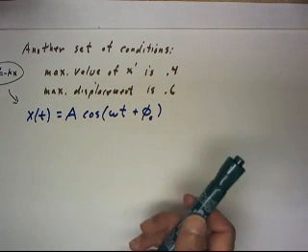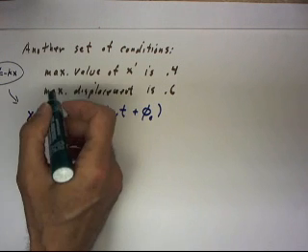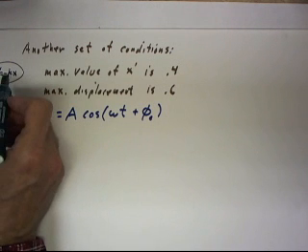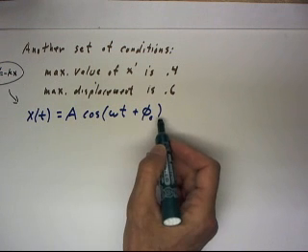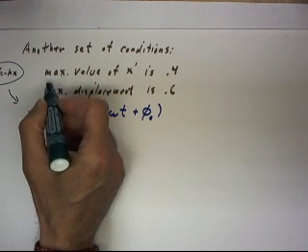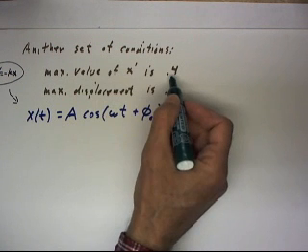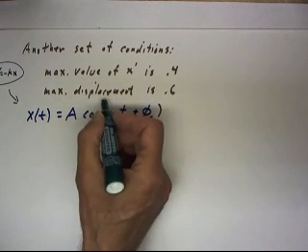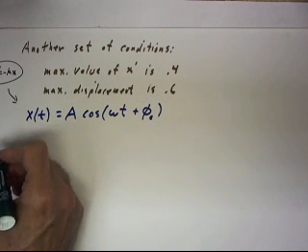We can apply another set of conditions to this solution. If we have an equation mx double prime equals negative kx, we get this general solution. If we put the condition on the solution that the maximum value of x prime is 0.4 and the maximum displacement is 0.6, well, x is the maximum displacement,